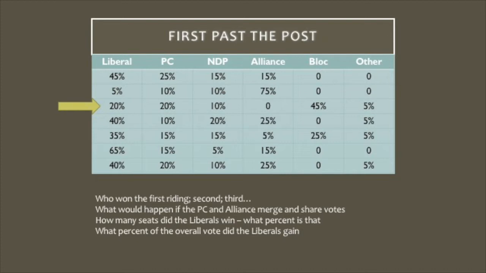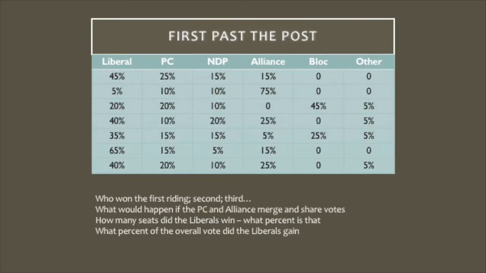Hopefully you'd know that the Bloc Québécois doesn't have candidates running in Western Canada, so this is most likely a Quebec riding. Okay, let's look at the rest of the chart. Who won the remaining ridings? It was the Liberals each time, but only once did the Liberal Party win with a majority, more than 50%